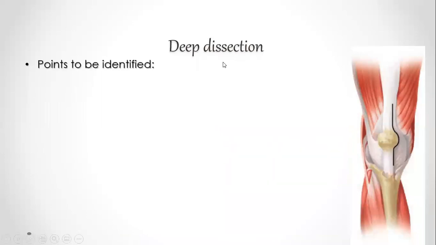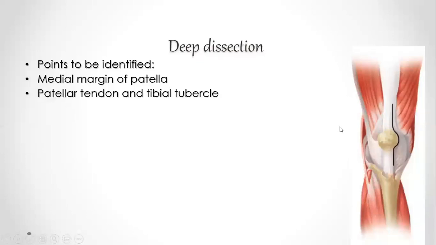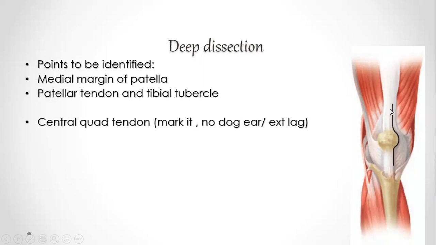How about the deep dissection? The points to identify first are the medial margin of the patella, as you see in this picture, and second the patellar tendon and tibial tubercle, which is most distal, and then you can go proximally with gauze dissection. You have to be sure about the central part and the central whitish tendon of the quadriceps. Mark it with a pen so that when you repair it there is no dog ear, because this will cause